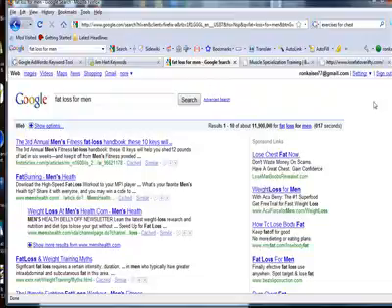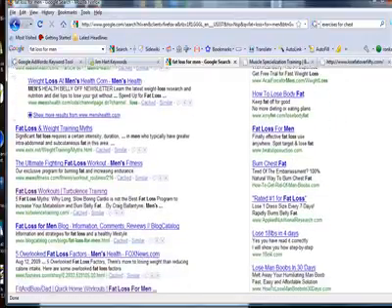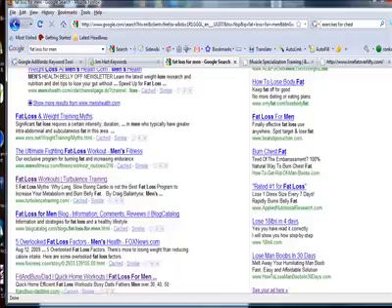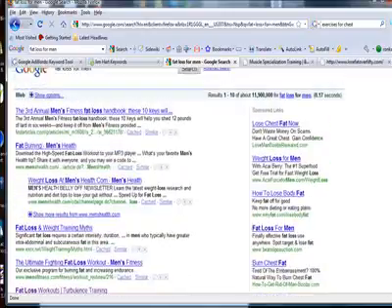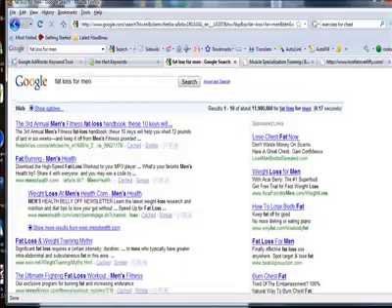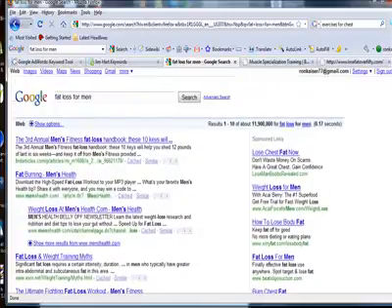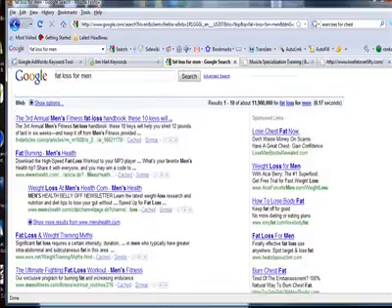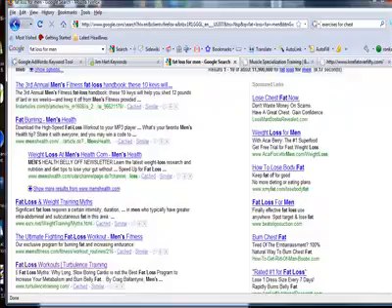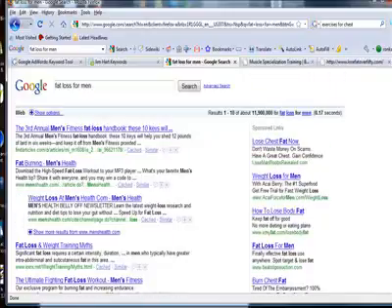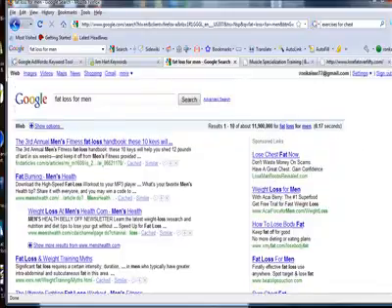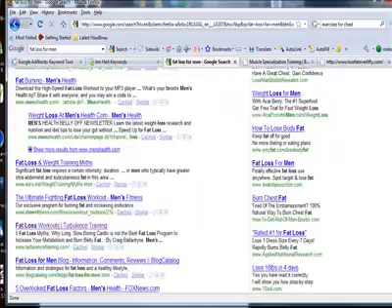and as you can see in the right column, there are a few people. Here's one that's specifically optimized for fat loss for men. So a few people are optimized for it, but no one is showing up in the left column. So no one is optimized and bidding enough for the term. We see a few people here. Men's Health optimizes very well. Find articles is actually the top spot. It's very possible for us to put an article into find articles for this term and maybe get ranked for it. That would be dependent on the KEI score, which we'll find later.